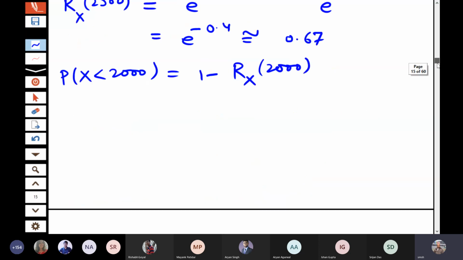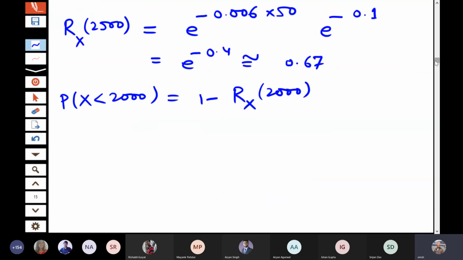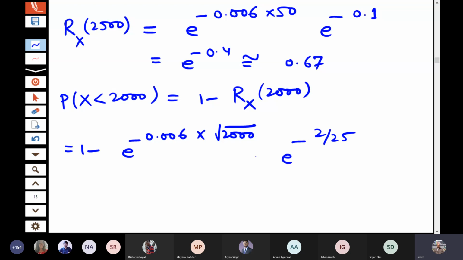So you can easily check the calculations. That is 1 minus e to the power minus 0.006 into square root 2000, e to the power minus 2 by 25. Anyway, these calculations can be easily done. That is 0.98. So the probability of the system,